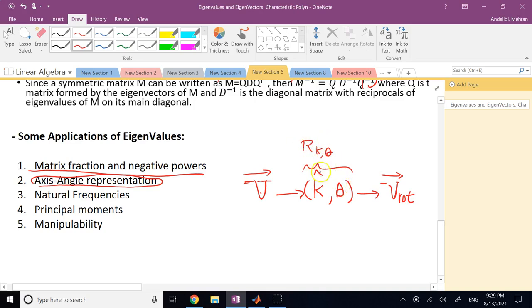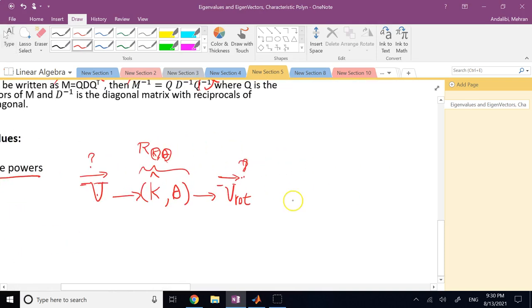And sometimes I'm not going to give you k and theta and v and ask for v rot. Sometimes I do the opposite, actually. I give you v and I give you v rot, and then I ask what is k, what is theta. So I give you the initial vector, the rotated vector, and I say about what axis and by how much angle I have rotated it. And one way to calculate it is, if I give you a rotation matrix, which you can calculate from v rotated and v, so you calculate the rotation matrix from these,